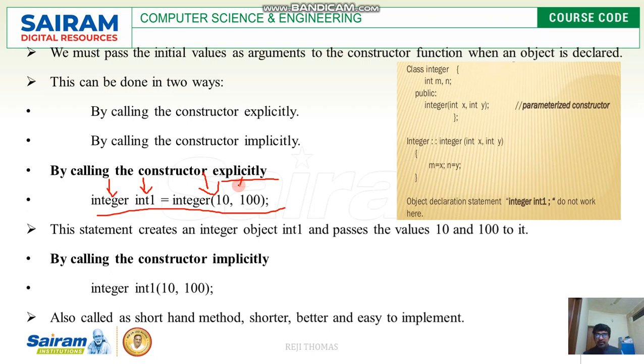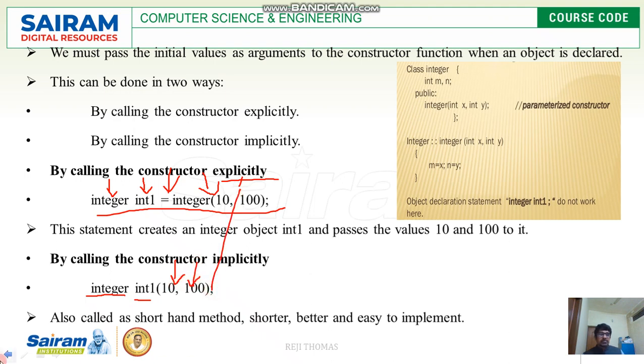There is another way, known as the implicit way of calling a constructor. Here I don't use the assignment operator. I just write the class name, then the object name, and inside the brackets I pass the parameters.